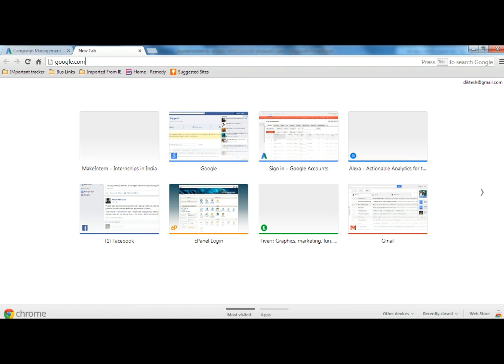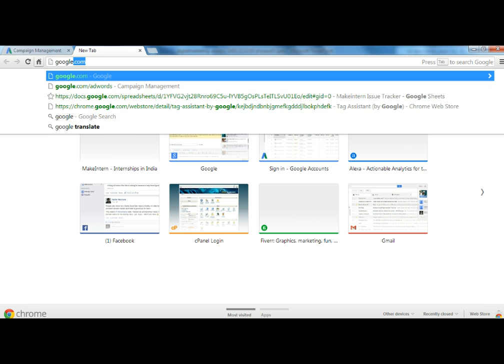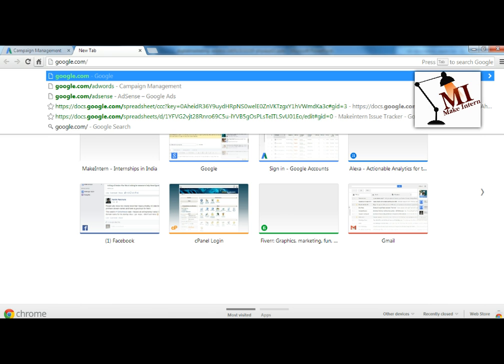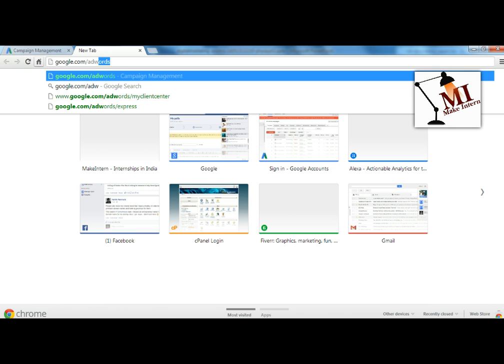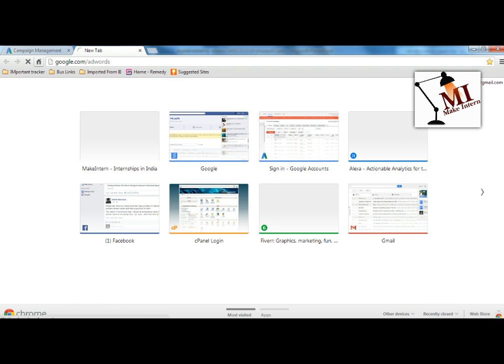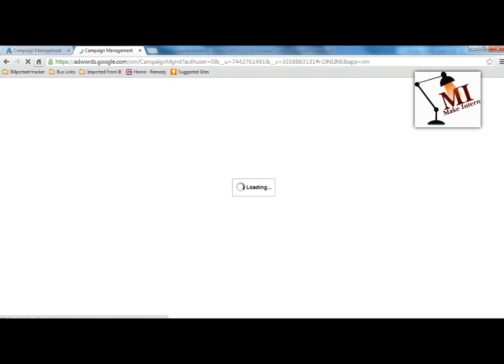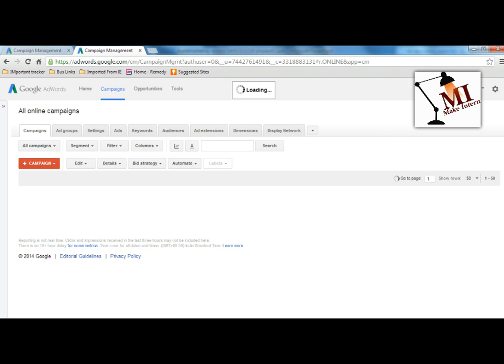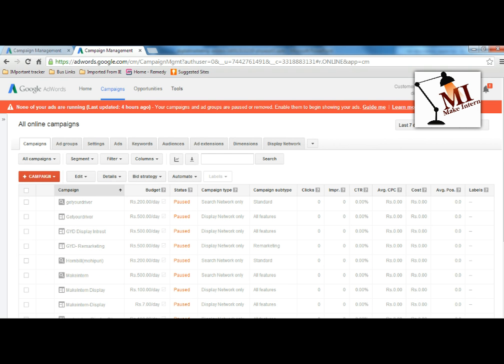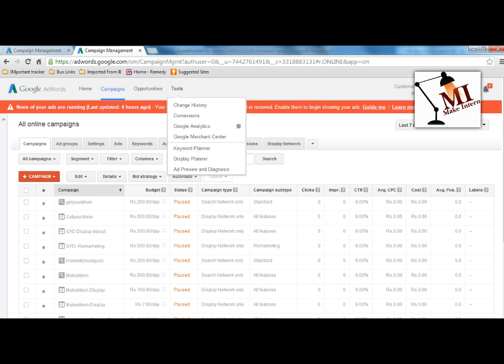So guys, we were talking about keywords, and I'll be explaining how to find a competitive or better keyword for your services. So here we go at google.com/adwords. I have already signed in. If you do not have an account with AdWords, you just need to create a simple sign-in. In Google AdWords there are tools, and if you go to the keyword planner,